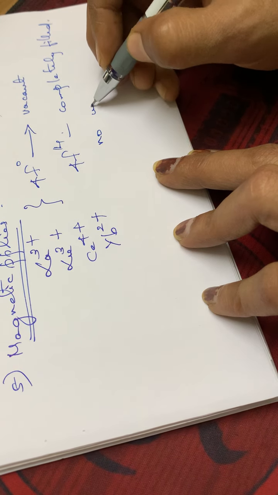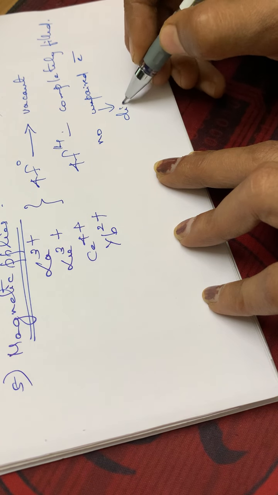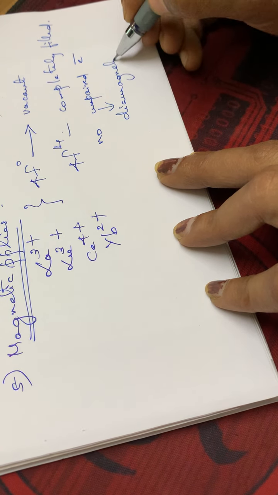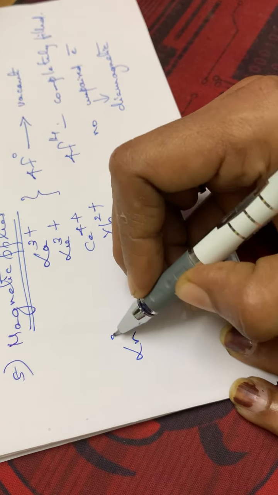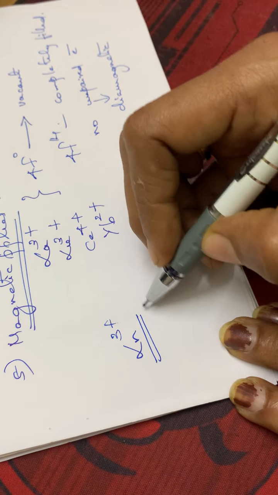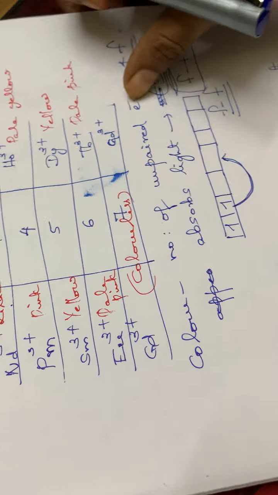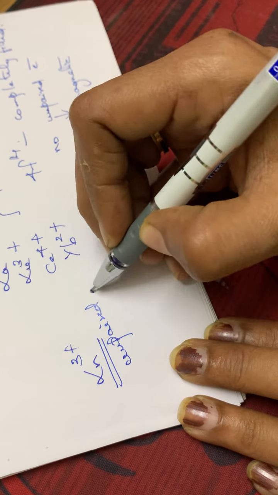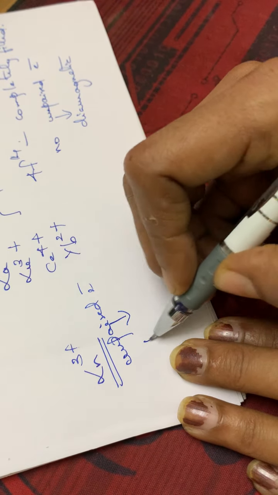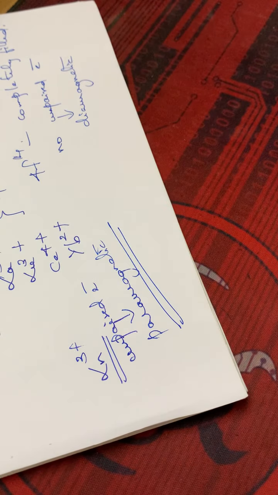So no unpaired electrons means, what about the magnetic property? That particular ion will be diamagnetic. So these ions are all diamagnetic in nature. Then in the case of the other trivalent ions, some of these 3+ ionic compounds have unpaired electrons, and as a result, what about the magnetic property? They will be paramagnetic in nature. That is what is meant by diamagnetic and paramagnetic.